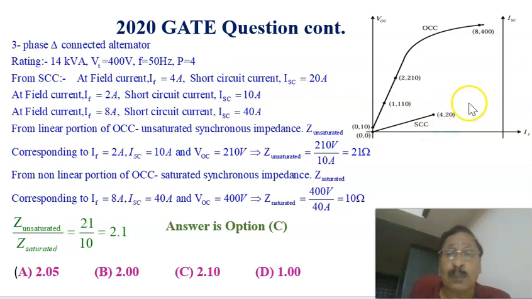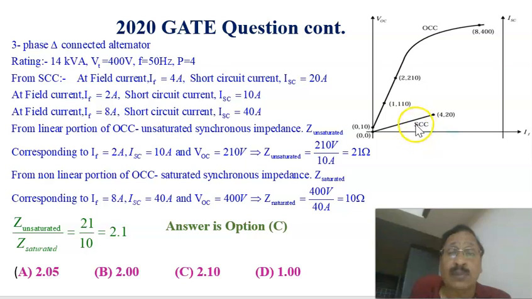Now we have to extrapolate corresponding to a field current of 2 amperes as well as a field current of 4 amperes. What is the short circuit current? Because this is a straight line equation, therefore, for a field current of 2 amperes,